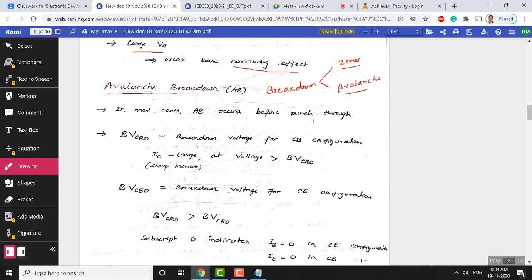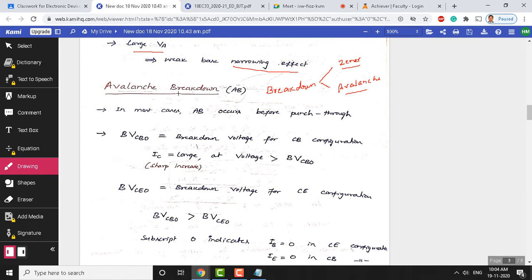Just go through the p-n junction theory and try to find out, between these two breakdown mechanisms, avalanche and Zener, which one occurs at lower voltage. But here we mainly look into avalanche breakdown, because BJT is nothing but two diodes connected back to back. Therefore, the theory we applied for the p-n junction is also valid for the bipolar junction transistor.